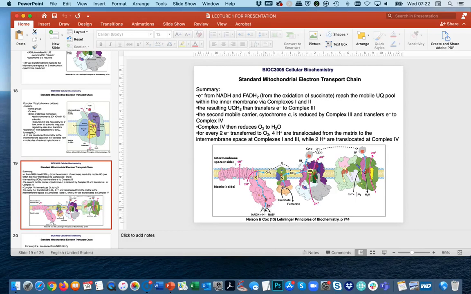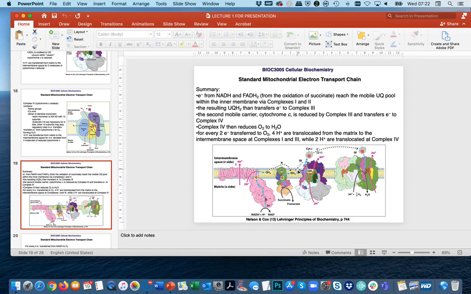So NADH if we're talking at complex 1, FADH2 if we're talking about complex 2, succinate dehydrogenase, and those electrons end up in the UQ pool, which is in the inner mitochondrial membrane,